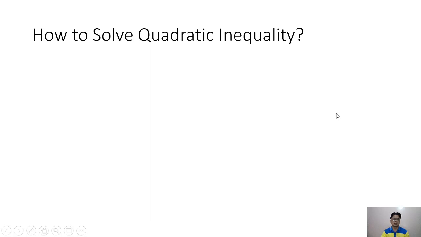Karamihan nalilito kasi our previous lesson is about linear inequality. At akala, ganun lang. Yung equal sign, palitan mo lang ng inequality symbol, okay na. Pero merong konting pagkakaiba pagdating sa quadratic inequality. So ito yung example natin para mas mabilis maintindihan. We have here now x squared plus 2x minus 25 is less than negative 17. If this will be the given, pakita natin yung mga steps and step by step on what we're going to